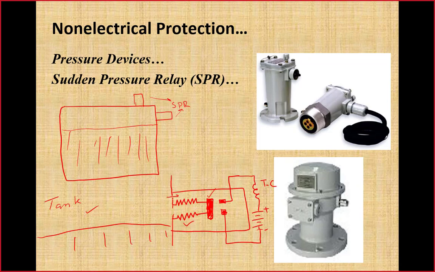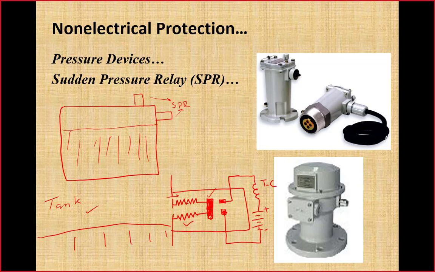But in case of sudden increase in pressure, the gas would not be able to move on the other side of the bellow through this small hole equalizer. And what happens? A high pressure will be created inside this bellow, which will result in expansion of this bellow and immediate tripping of the circuit breaker. So this equalizer plus this bellow, this combination will make it insensitive for small changes in pressure.